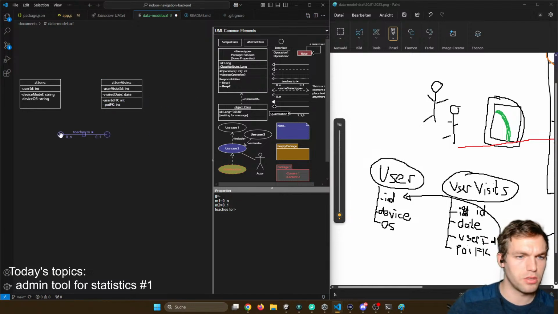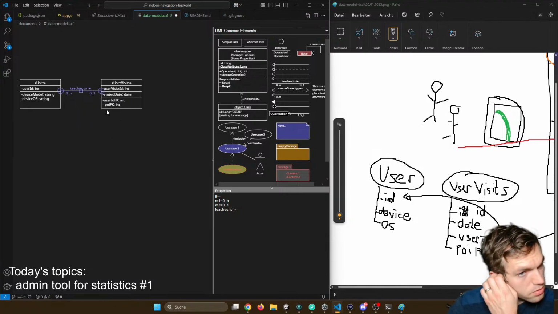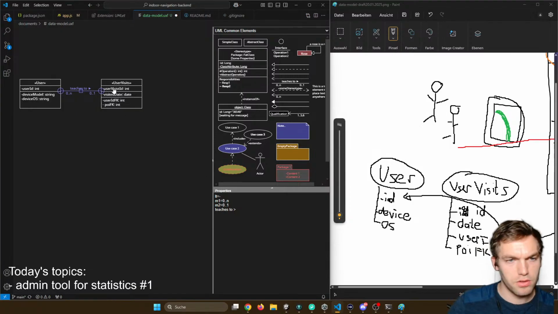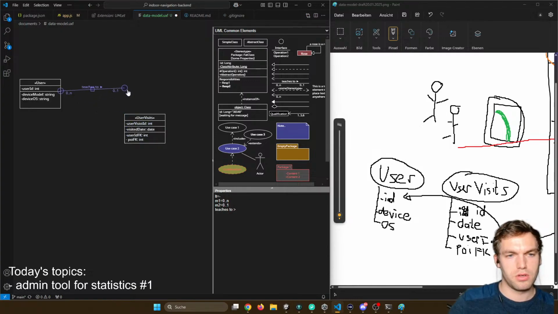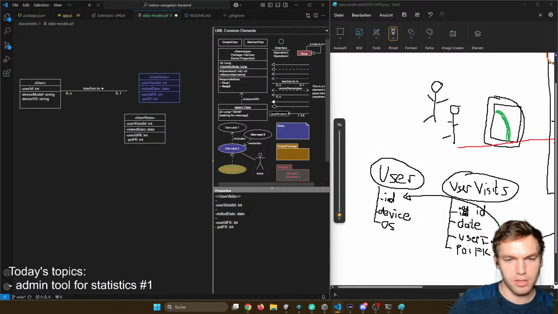So this would be, you always read in one direction normally. So a user visits. The thing is, so to make it actually properly,